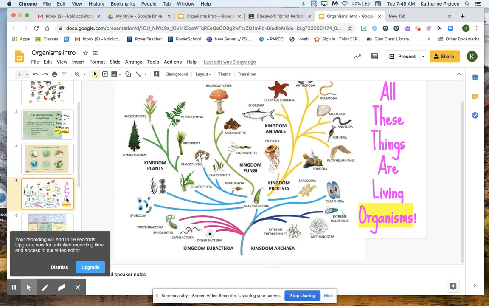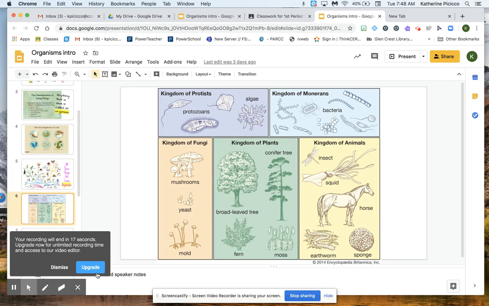Oops. Okay, I had a little trouble there. All right, so if you take a look at this next picture, you're going to see this again. Take a look at all these things that are alive, right? When we come down to the bottom right, we understand that